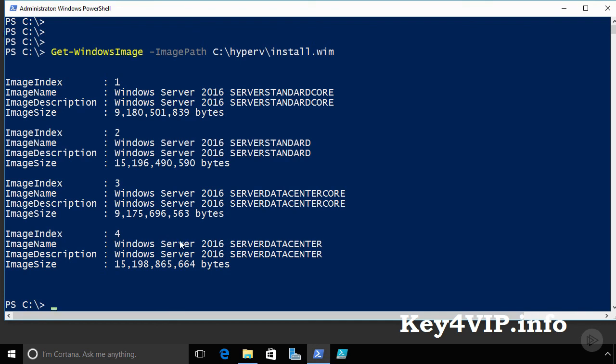Out of these four, the one that we're most interested in will be our Datacenter Core. This is image index 3 right here. We can, at least for this example, assume that this is the only version of Microsoft Windows that we really want to deal with anytime we're installing this Hyper-V infrastructure that we'll be working with. And so let's use these PowerShell cmdlets